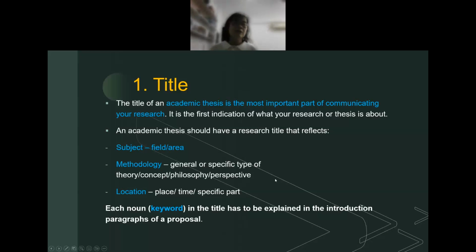Then you mix it with calculation, which is percentages, using some statistics package like SPSS 27, and all this you must clearly state out. Basically, methodology is how you go about doing your research and coming out with your thesis. Okay, so location, of course, where you're going to do it.